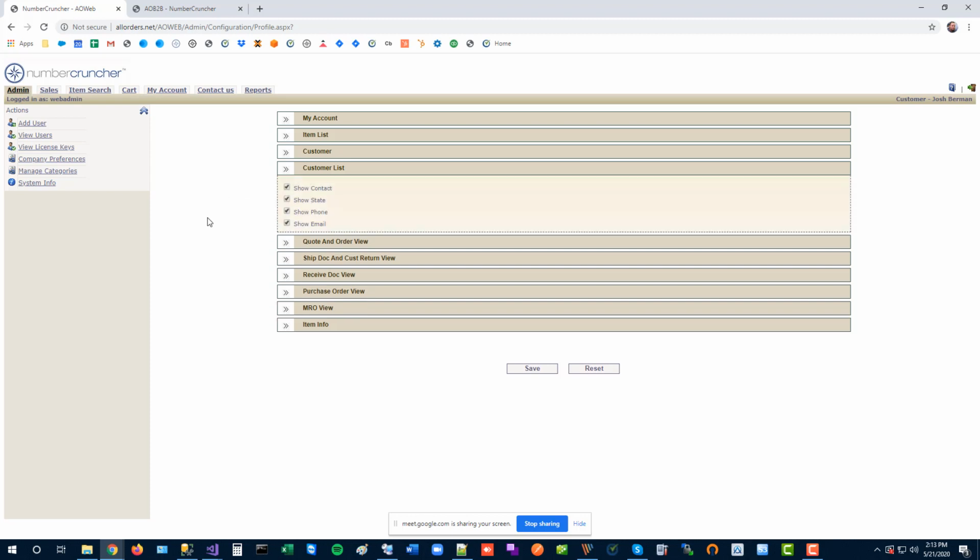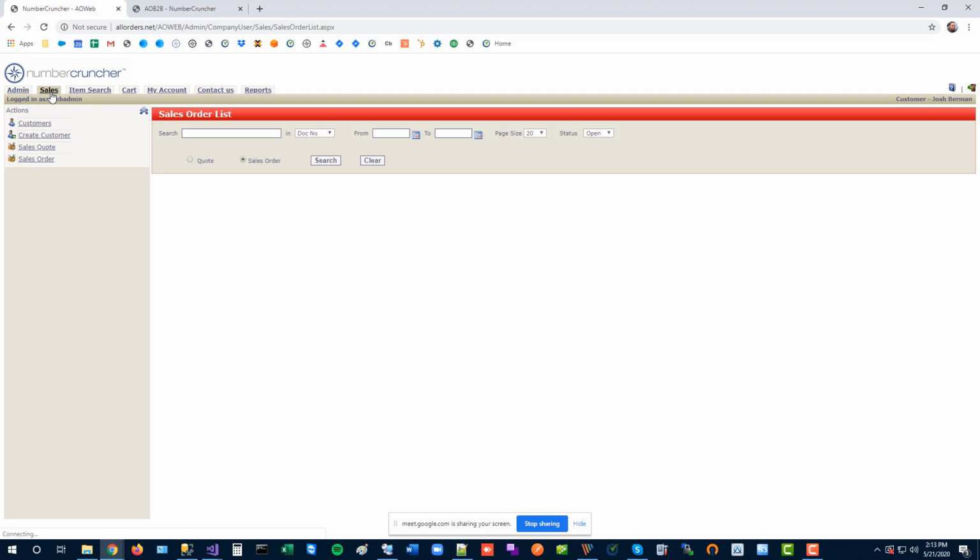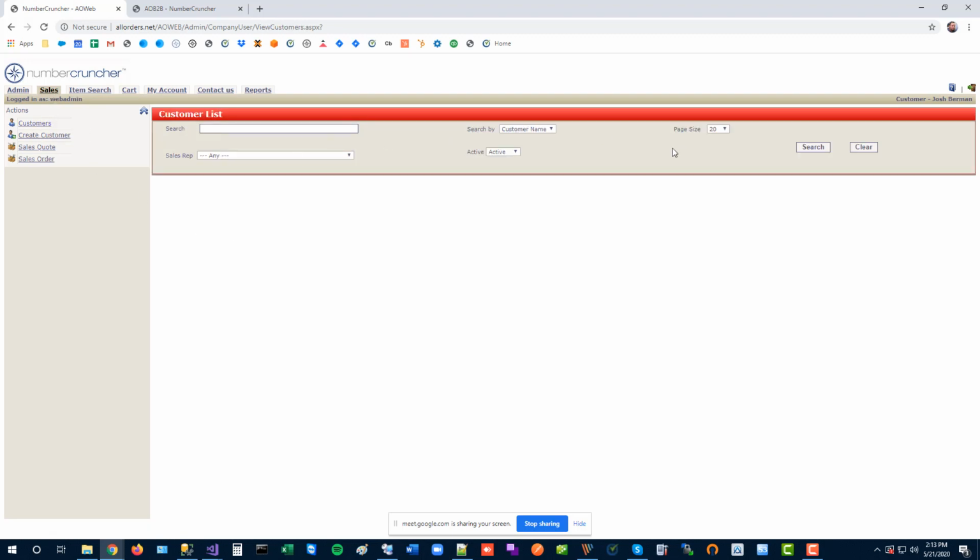Here in this setting is a couple of options for the customer list, but again, if we needed to expand on it, but that would really only be for internal users anyways. Only internal users would really be able to come into the sales area and look at the overall customer list. Now, if a customer logs in,